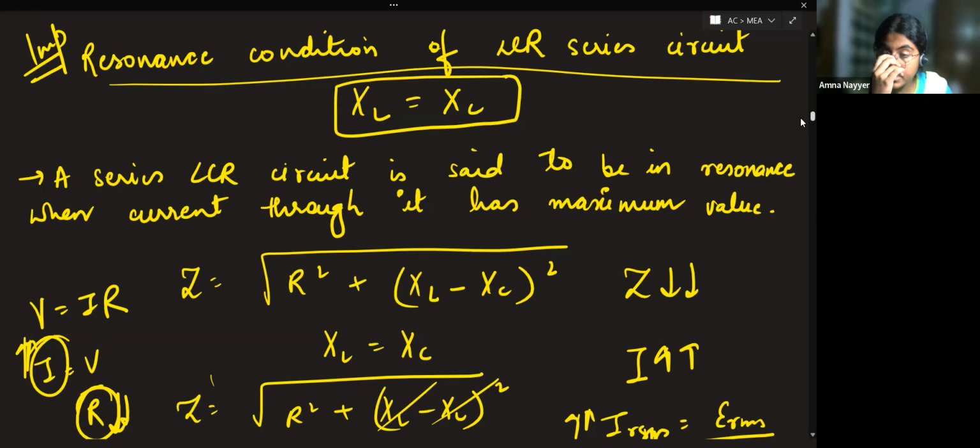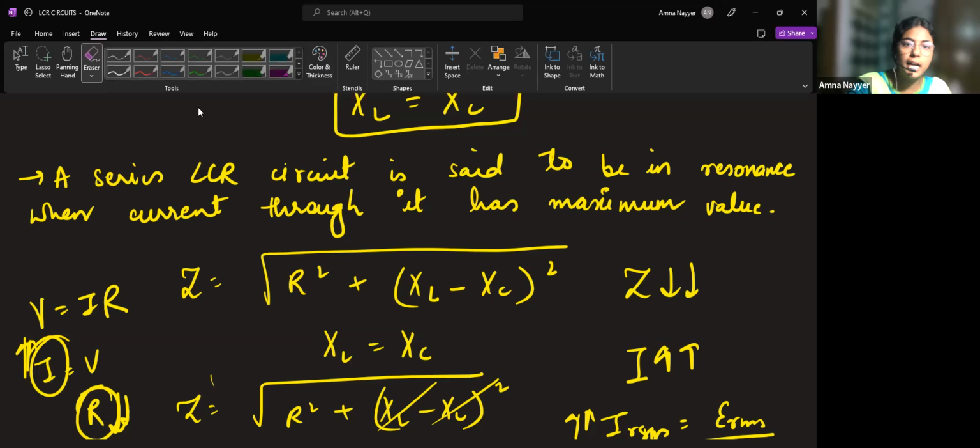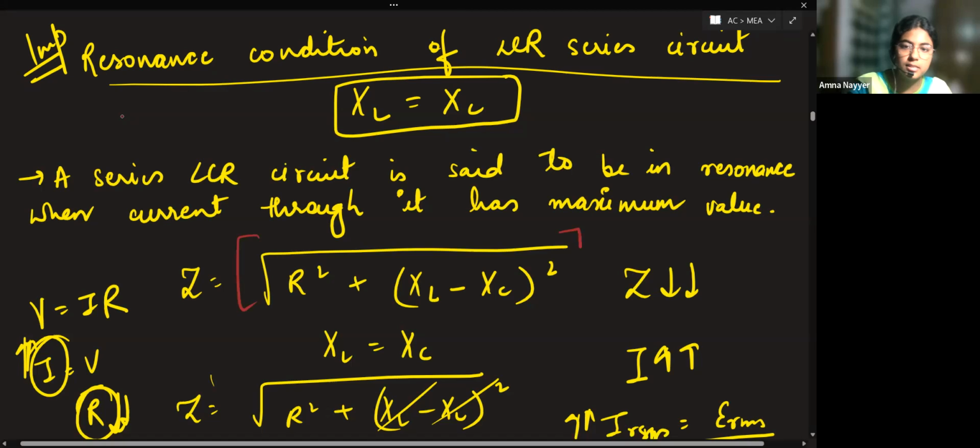Anyways, in this case, resistance, or simply you can say impedance for the circuit becomes very less. So if the resistance is very low, somehow you have decreased the resistance. Earlier impedance value was this much. We had the value of impedance as this. Now, since these are equal, we are getting the impedance value as R only. Impedance has decreased. It means resistance has decreased. So there is no opposition for the current to flow through the wire.